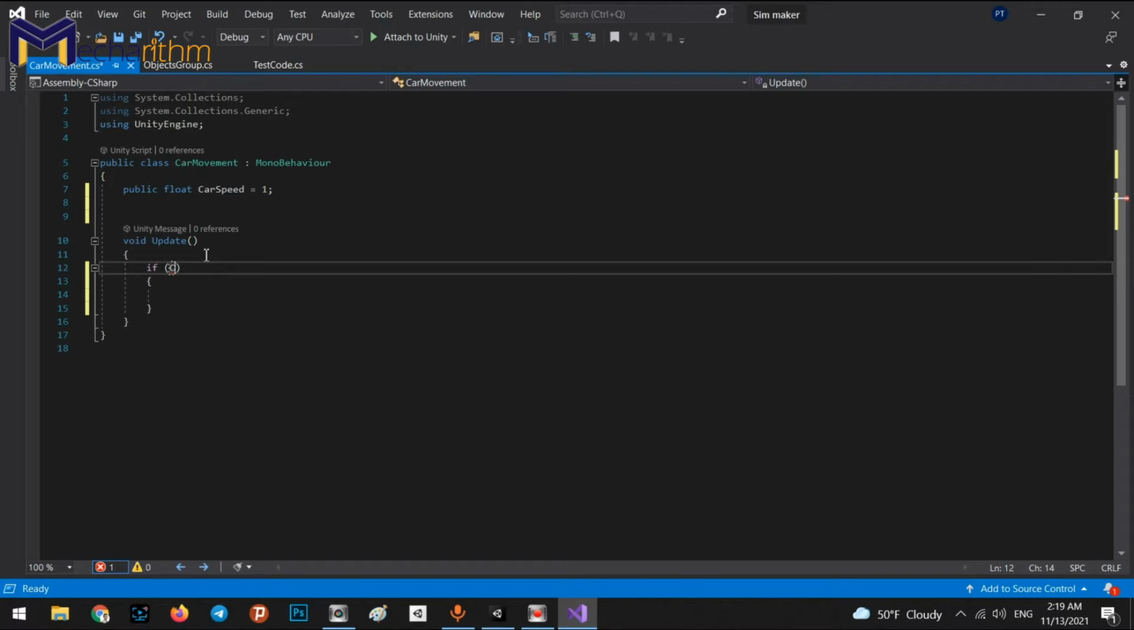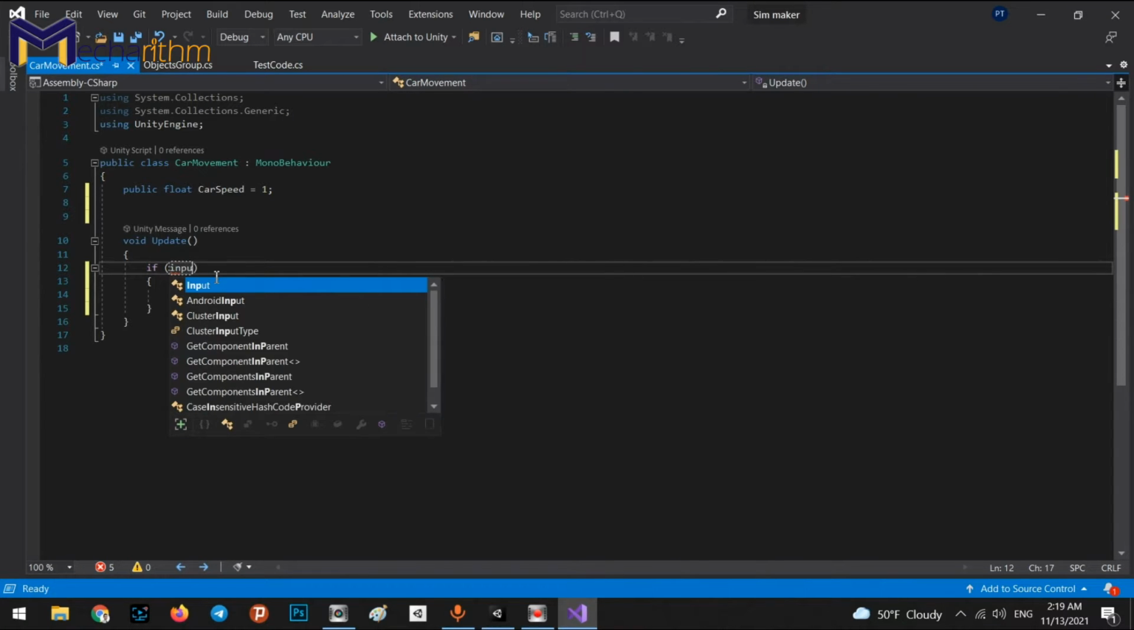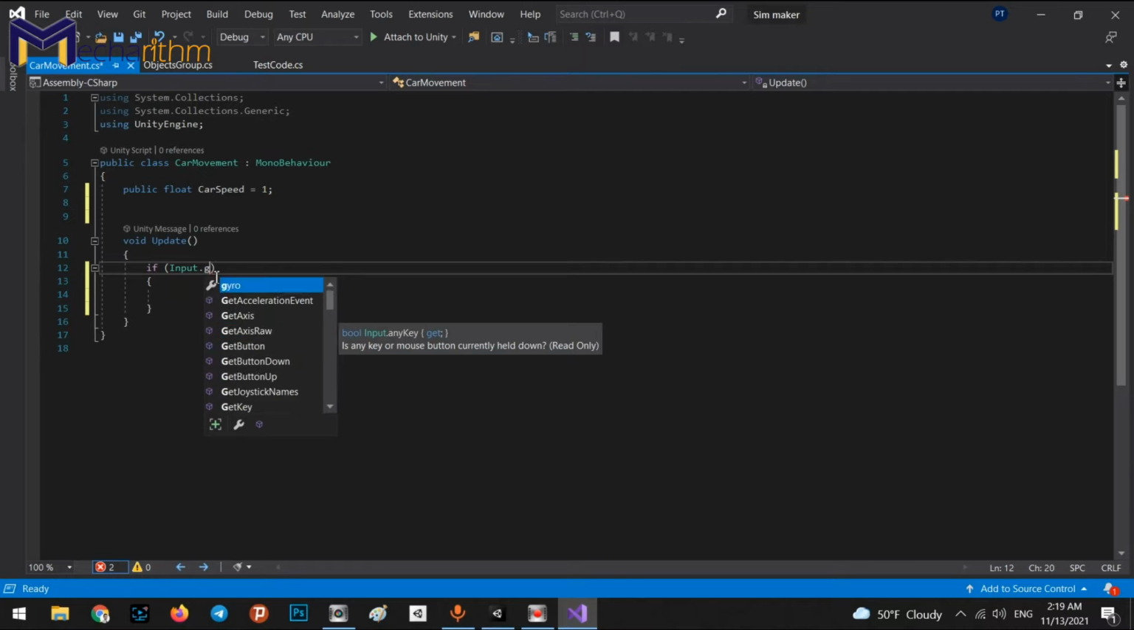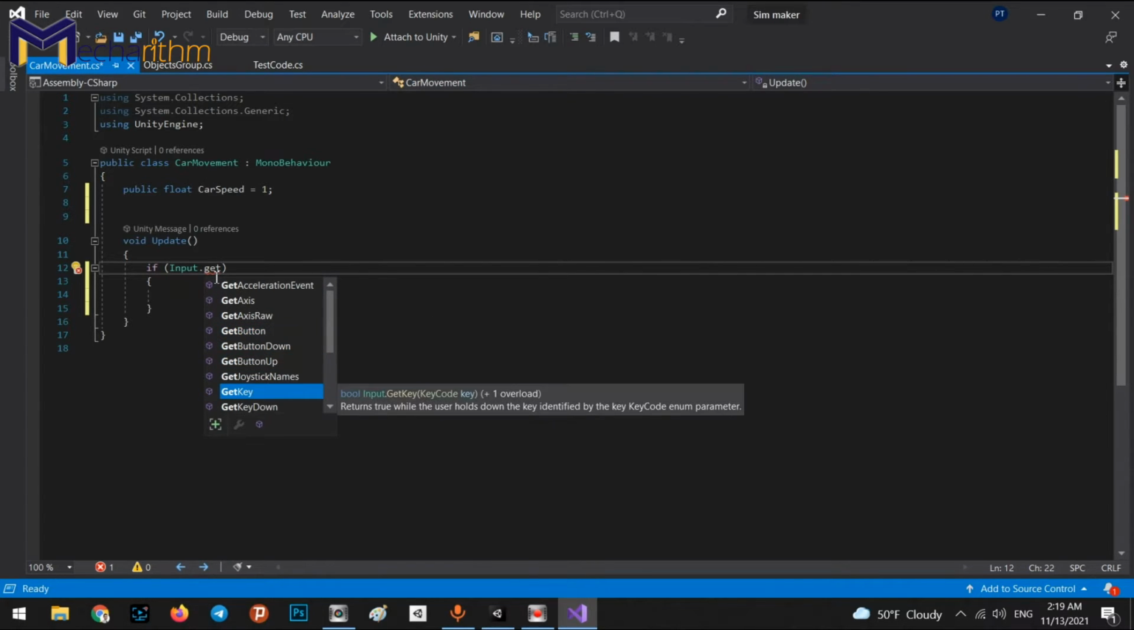For now, we say once the player presses the button W. So we need to check exactly when the player pressed the button W. So we will put this function inside of the if. Okay, we say input, input dot get key,